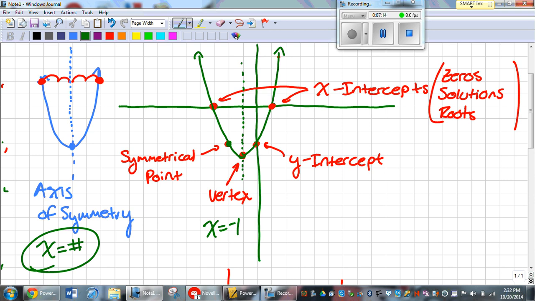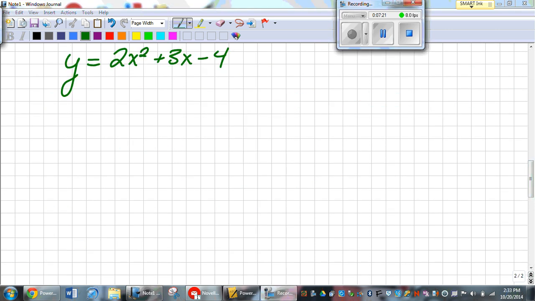Okay, so now that we have all of the formulas and equations, let's do a couple from start to finish so we can kind of show you how to use this. So I'm starting with the equation 2x squared plus 3x minus 4. And I'm just going to show you guys how to figure these out